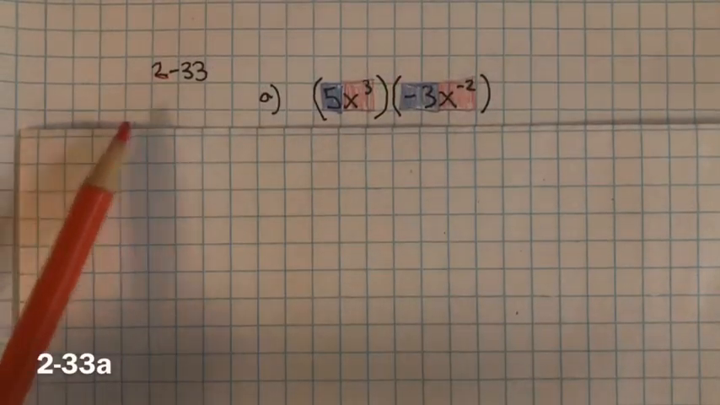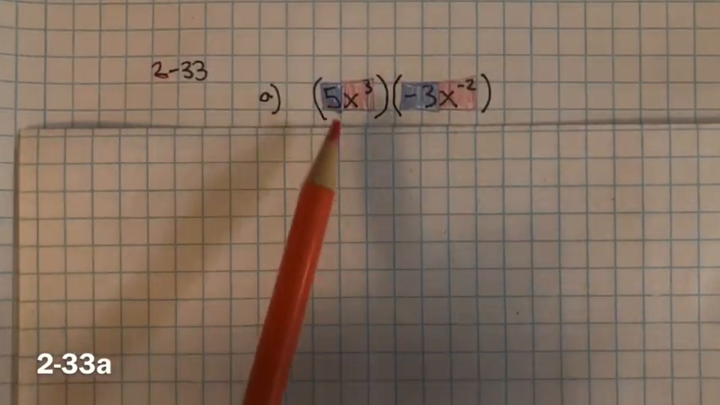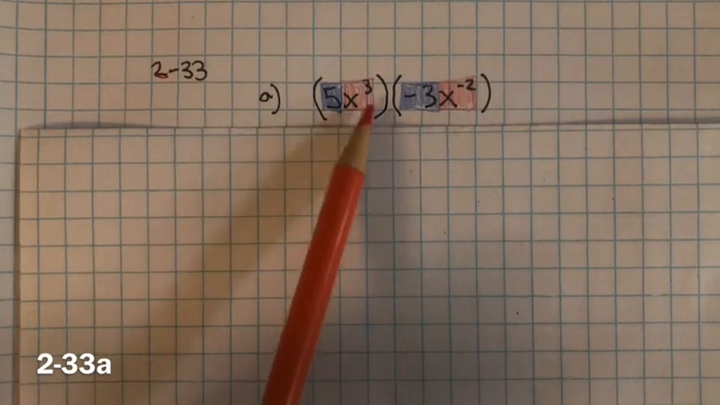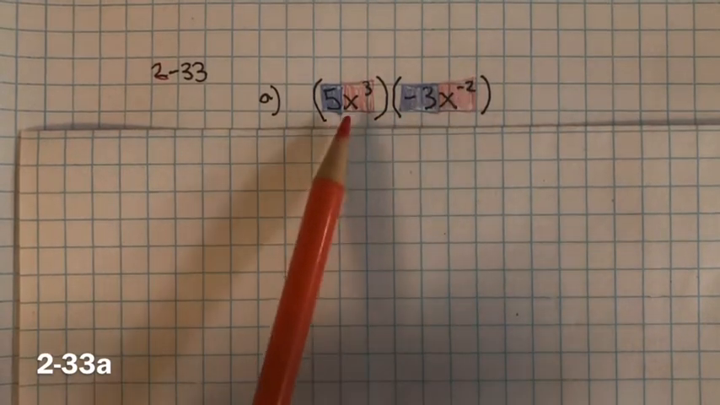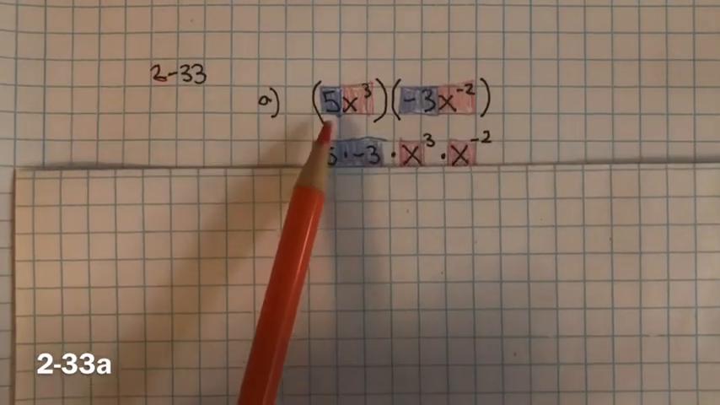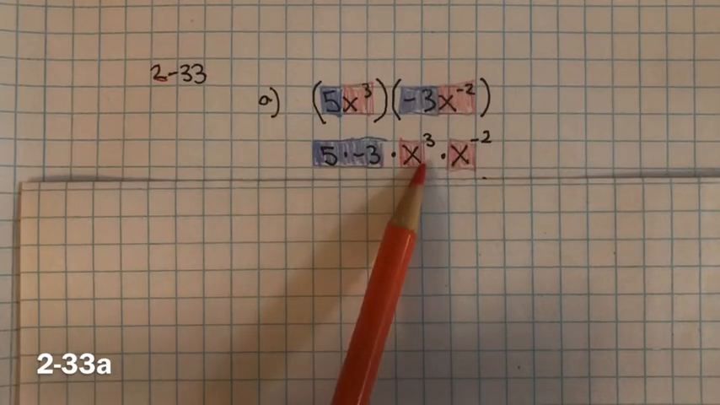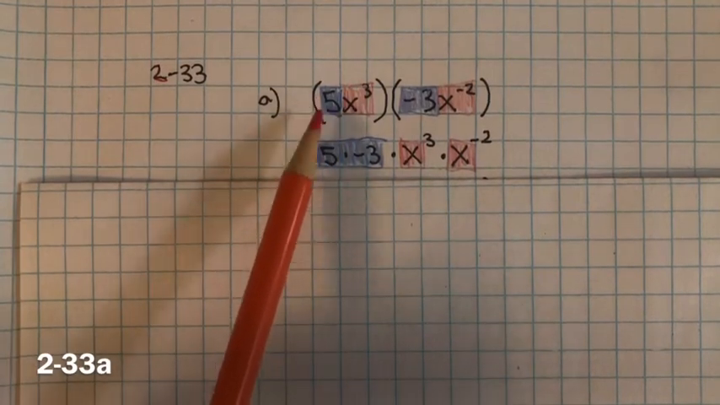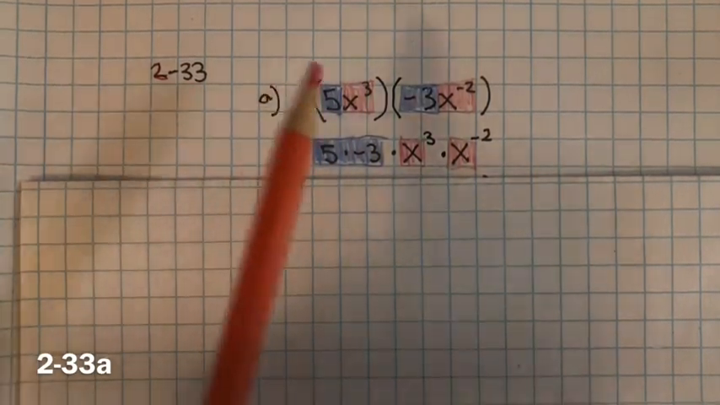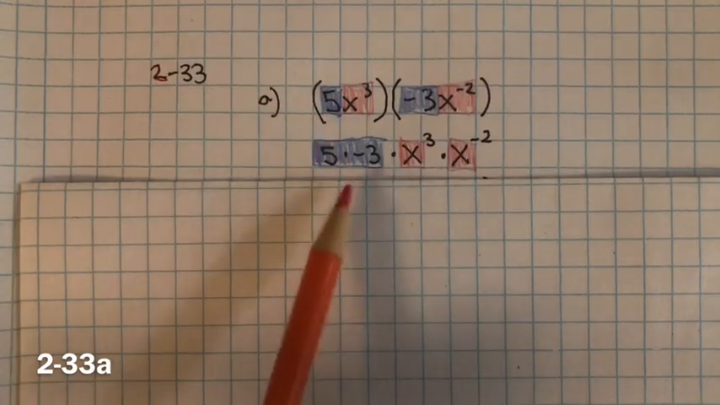Problem 233A. We have 5x to the 3rd multiplied by negative 3x to the negative 2nd power. Well, all of these terms are being multiplied. So this is 5 multiplied by x to the 3rd. So what I'm going to do is use the associative property of multiplication